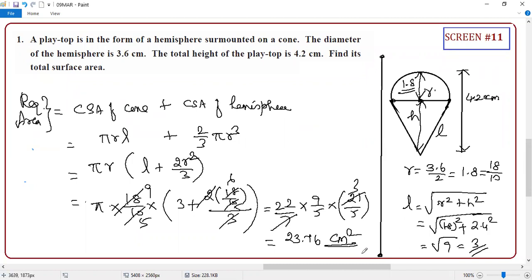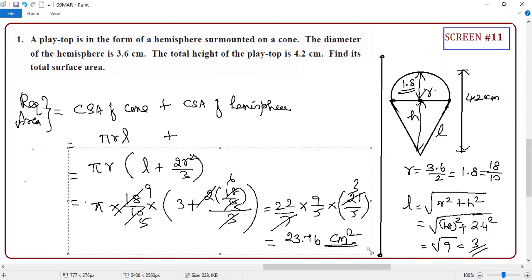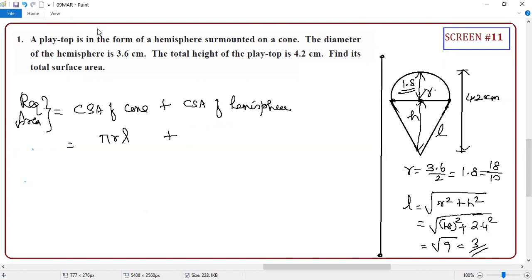Oh God, it's totally wrong. I am applying volume formula, student. It is not a volume, correct or not? Oh God, this formula is for volume. Everything's wrong. No problem, student. You know, this is the experience. So CSA is what? 2 pi r square. 2 by 3 pi r cube is what? Which formula? Volume formula.